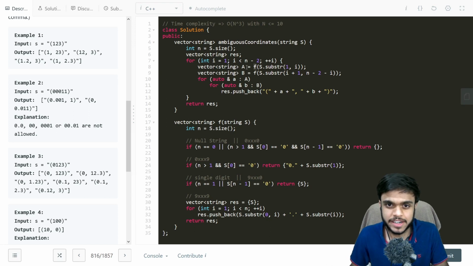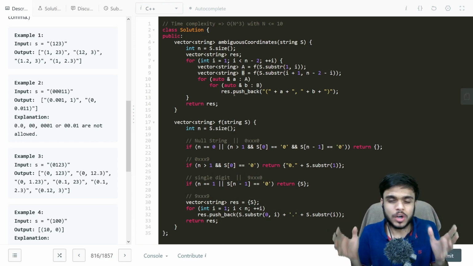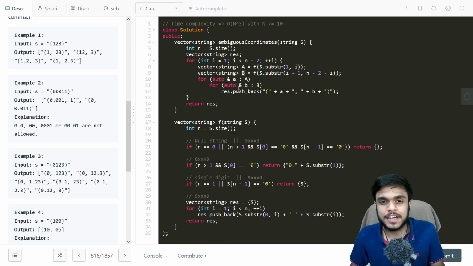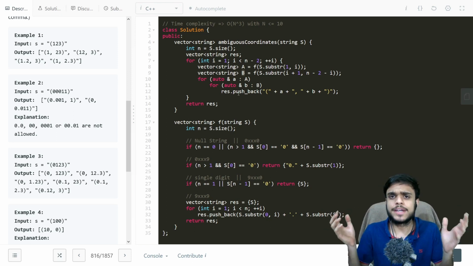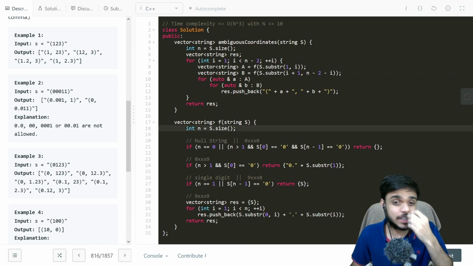We will come to that in just a second. This helper function would return two vectors of strings which would contain all possibilities of coordinates that we have, along with taking into account the decimals. Now what we are doing is a cross multiplication so as to get all tuples. We are doing two for loops: we take every element of a, that is the first coordinate, and every element of p, and then create a final string and push it back into the result. This is very obvious after getting the possibilities, and after that we return the result, which is the answer.